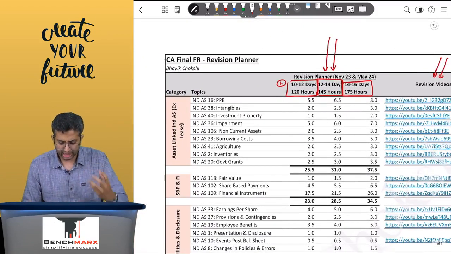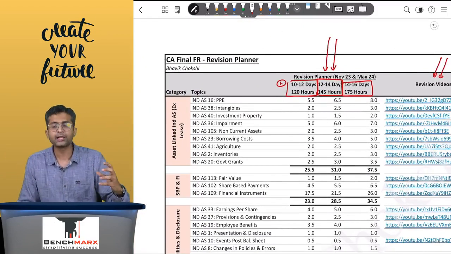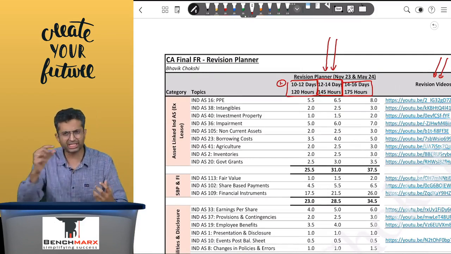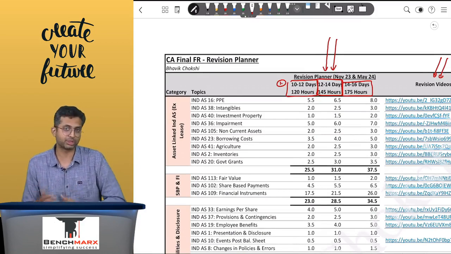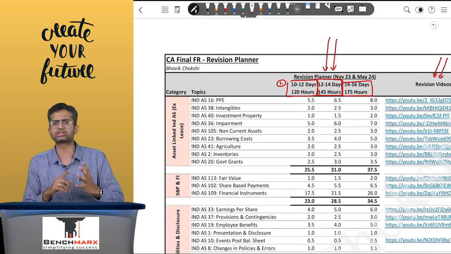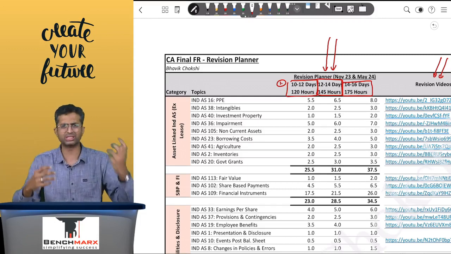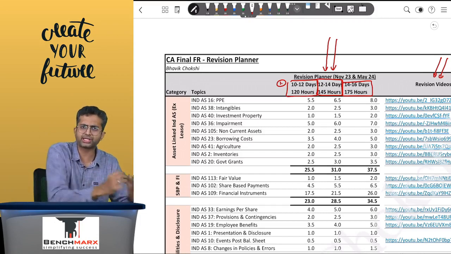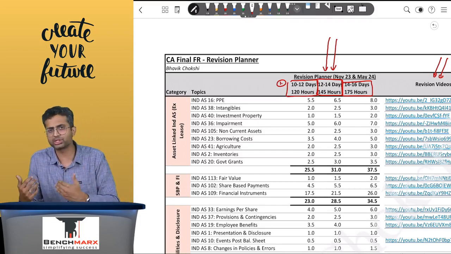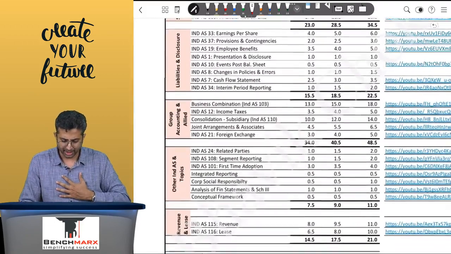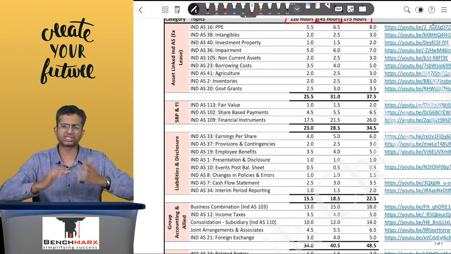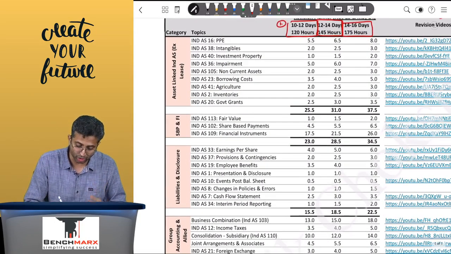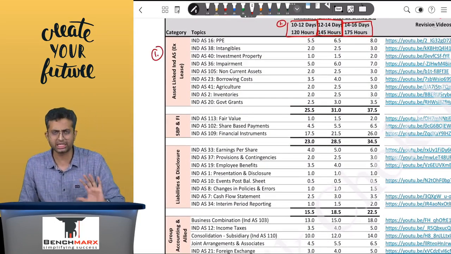So over here, the sequence that I would suggest you follow is, FR, as you would be aware, is segregated between a lot of individually relatively smaller standards, and a few topics which are almost certain to come in your exam, like financial instruments, business combination, consolidation, revenue, leases, share-based payments, etc. Now what we want to do is, we don't want to keep all the smaller standards at one go. We don't want to keep all the major topics at one go, and hence we employ a strategy where we break this up into probably 5 or 6 different sections, where you first get into the groove